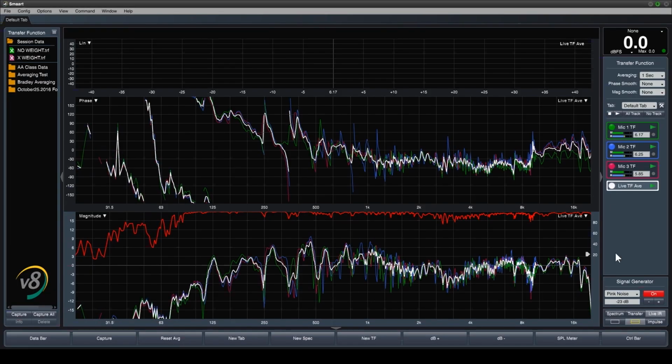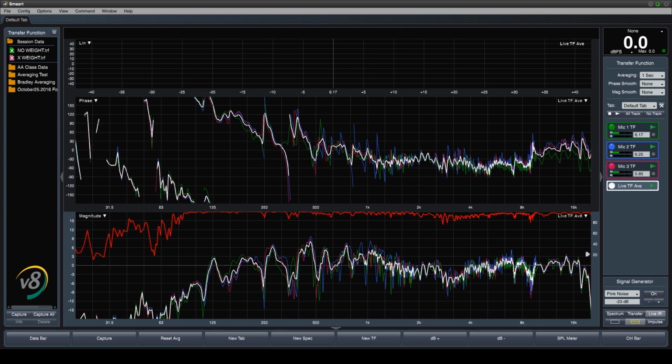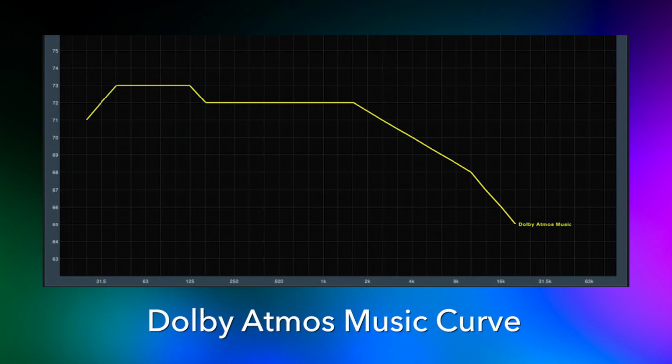If you have the capability, knowledge, and opportunity, tune your speaker system with a set of microphones and an RTA. A single microphone is not necessarily good enough for an accurate response of readings below around 500 Hz. Also, a single mic position is not necessarily good enough to accurately predict or identify room modes that could be affecting the timbre of a particular speaker. Systems like Smaart allow for averaging of multiple microphones at once for a more comprehensive picture of your speaker responses. We want you to try and adhere to the Dolby Atmos Music Curve discussed in the Dolby Atmos Music Best Practices document found at